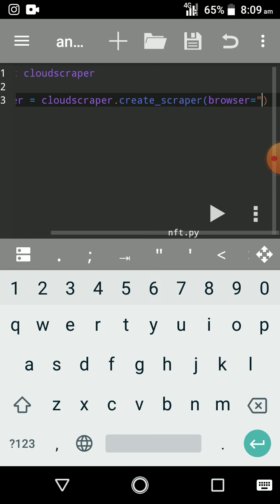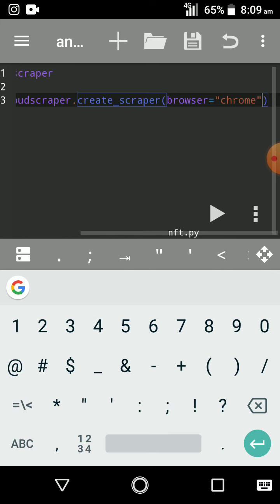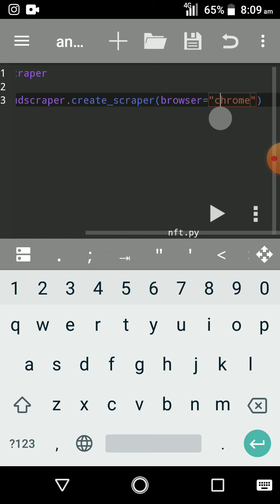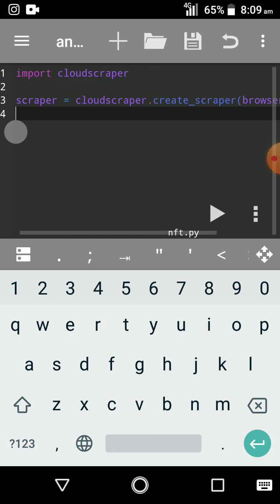You can just look at their documentation to see what you can do. I'm just going to use Chrome. You can use Firefox as well; they only support Firefox and Chrome. And then you can also specify that you are using it for a mobile device or maybe the desktop, or whatever. Now I'm going to create another variable here called html, and so we are going to just use